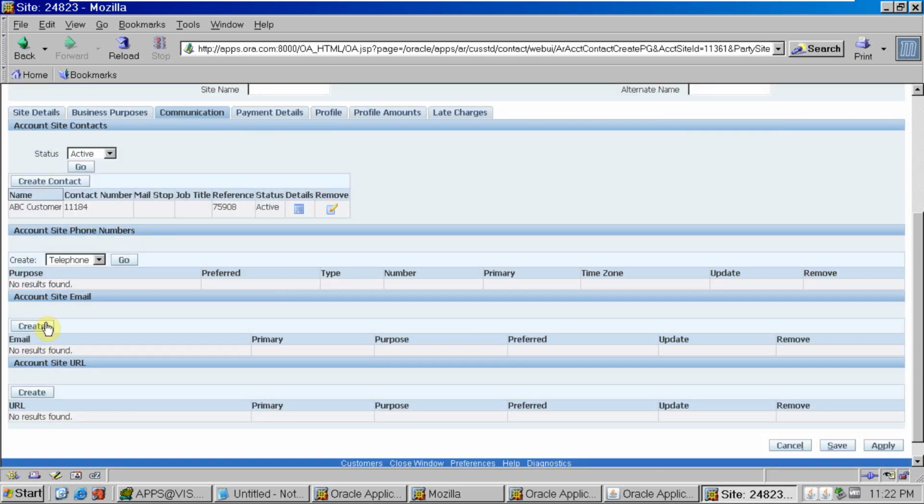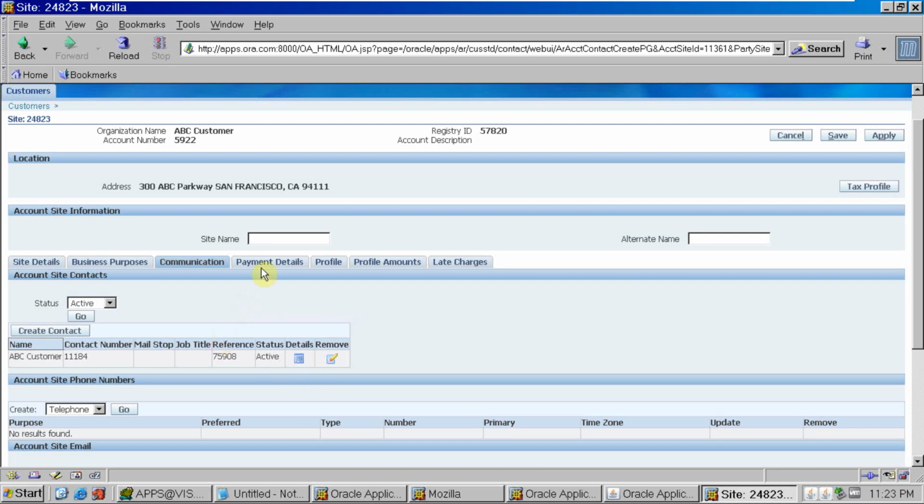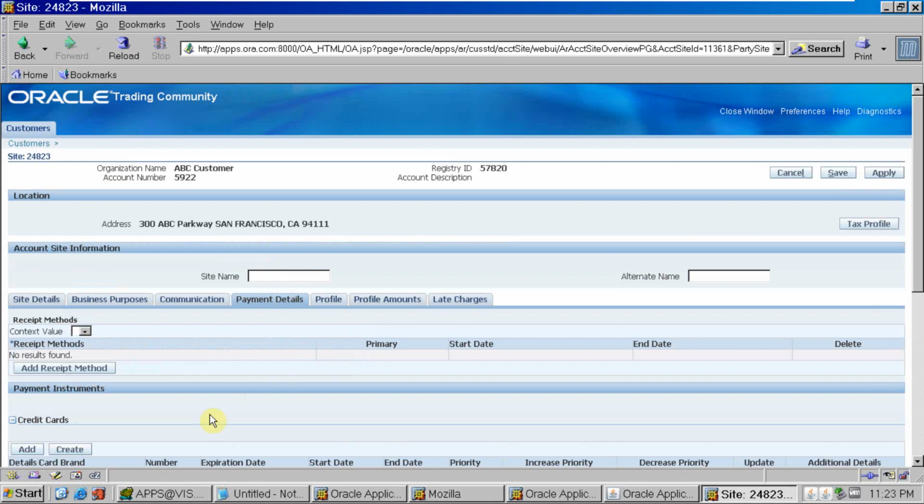Account site email, account site URL. If you have these detailed account site emails of primary purpose, and the URL, you can give these details. And payment details. Let's go to payment details. So this is a receipt method. If you want to link this receipt method,